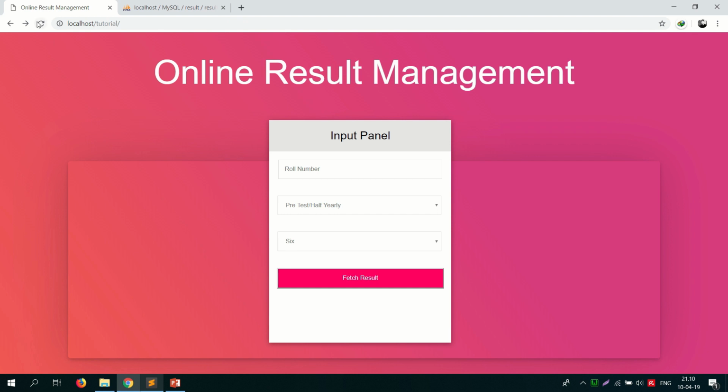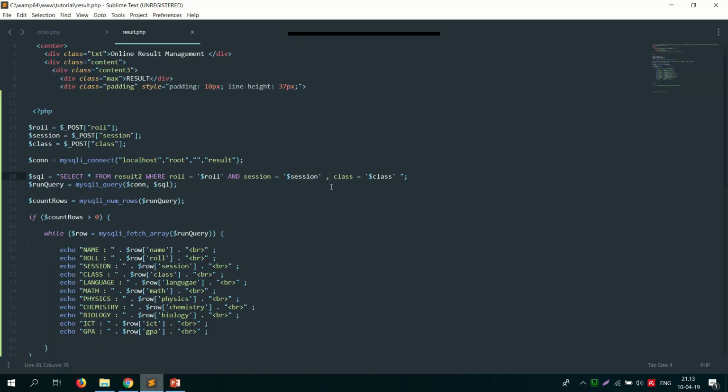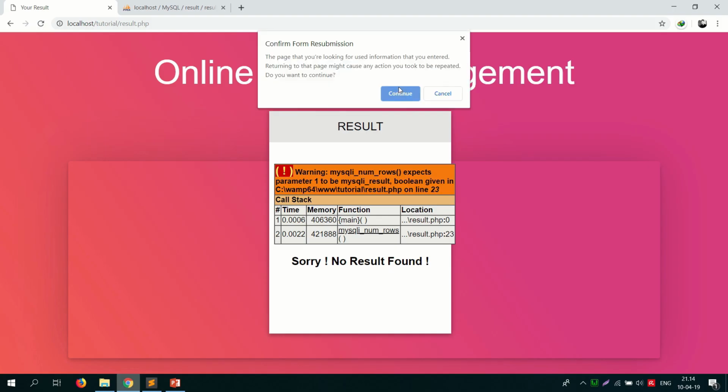So let's check. Roll number is 1, and the session is final, and class is 10. Oops, there's a problem over there. So guys, there's a problem maybe in my code, so sorry for the problem. Maybe here I have used a comma instead of AND, and there is another problem in the language, where I have used the wrong spelling. And maybe now we're done. So let's check. Yeah,